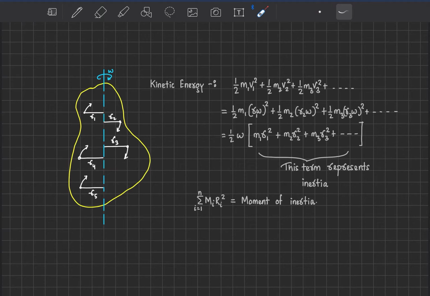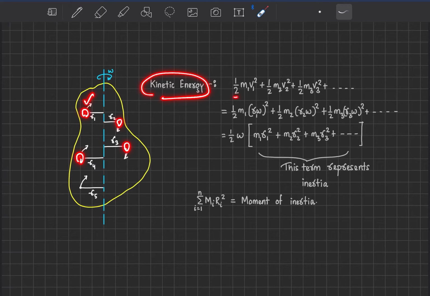And in the previous lecture we have seen, in a rigid body omega of any point about any point is the same. Omega of any point about any point within the same rigid body is the same. So we don't need to care about omega, for every point about this axis it is the same. Now let's write the kinetic energy. We have to write the kinetic energy of the individual particles and sum it, we have to add it, right?